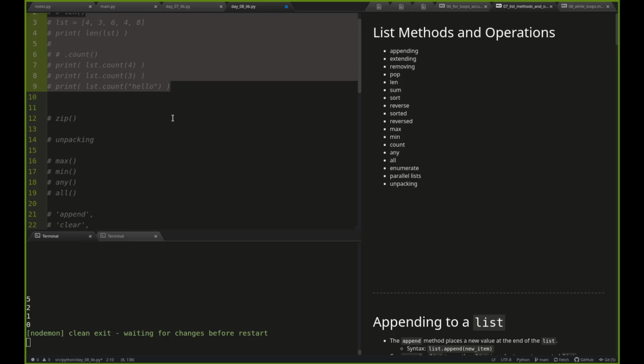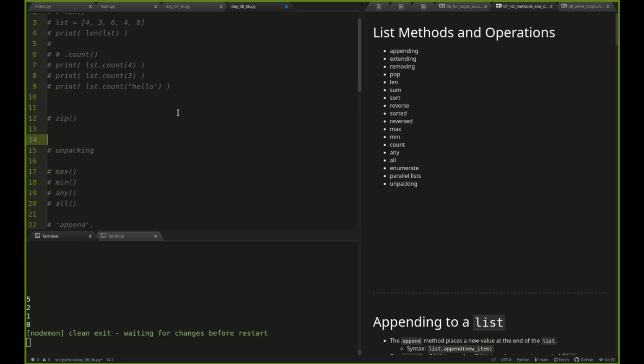Now the zip function. You're going to encounter problems occasionally where you're going to be doing this. Let me see if I can create this. Oh yeah, let's just do this. Names equals a list of names, and let's say Joanne, Jason, Jesse, Joe,